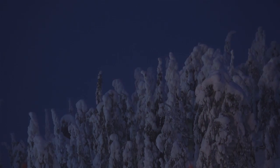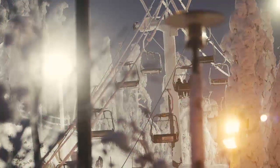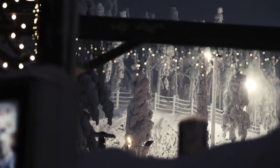Lapland in Finland, minus 20 degrees Celsius. Beautiful landscape covered with snow. Here the busy world is close, but still far enough. Only thing breaking the silence is the sound of wind. And, well,